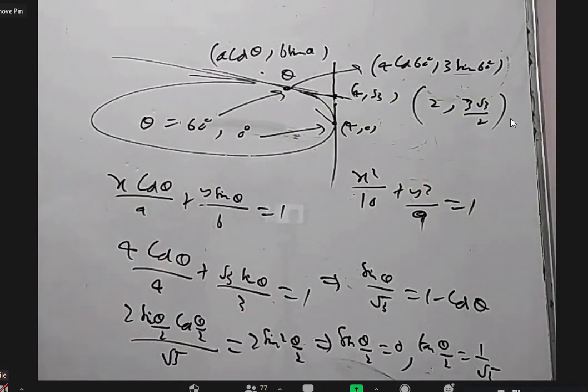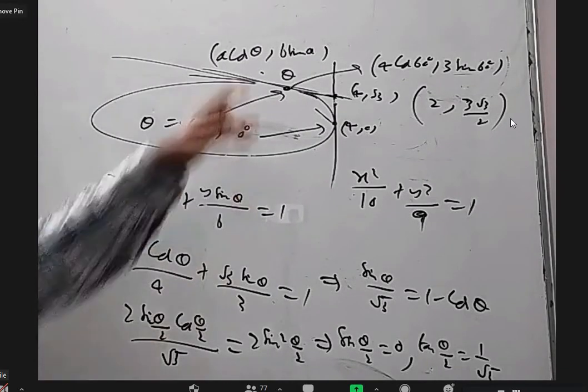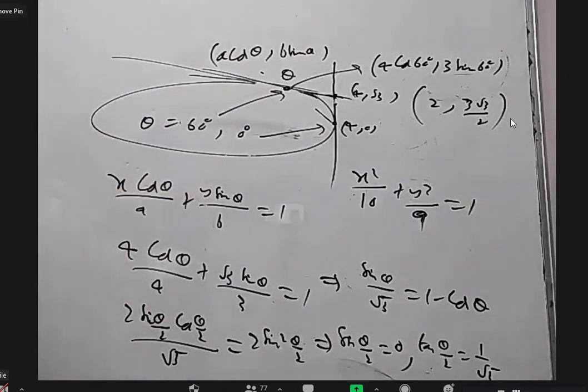I prefer this way, but I'm not saying that's the only way. You can do it from the options. You can find this line S1 equal to 0 and solve with the ellipse, and you'll get it. And guessing (4, 0) is very easy because you can see it in the figure.